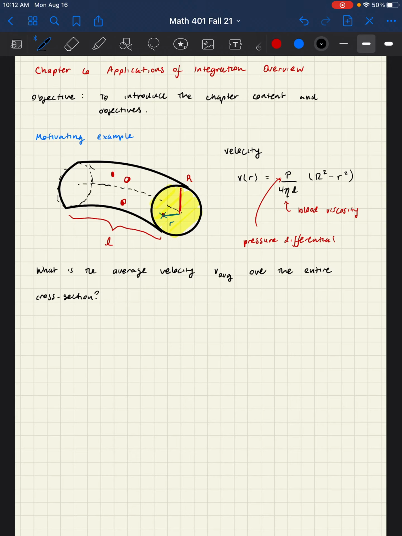We will find that our target is for little r being between 0, the dead middle of the blood vessel, and capital R, the wall of the blood vessel. We know that it'll range between